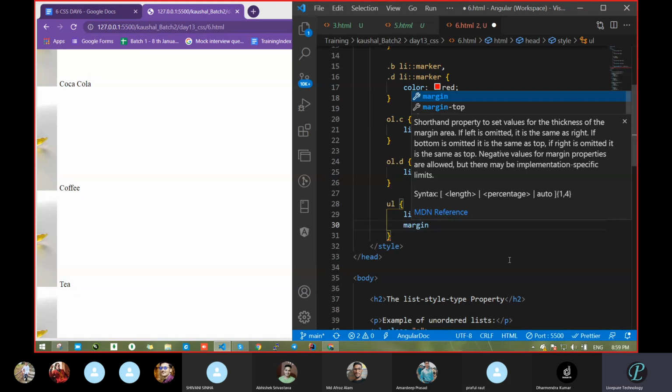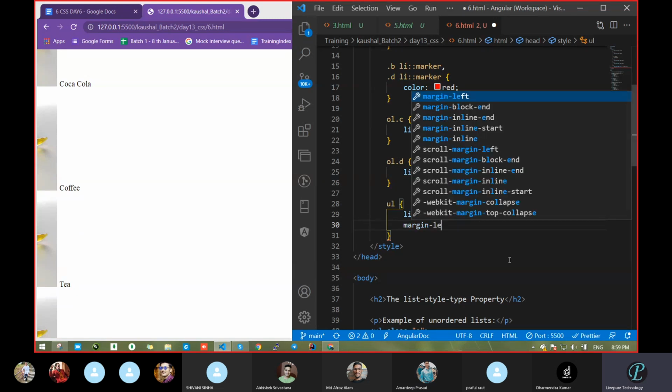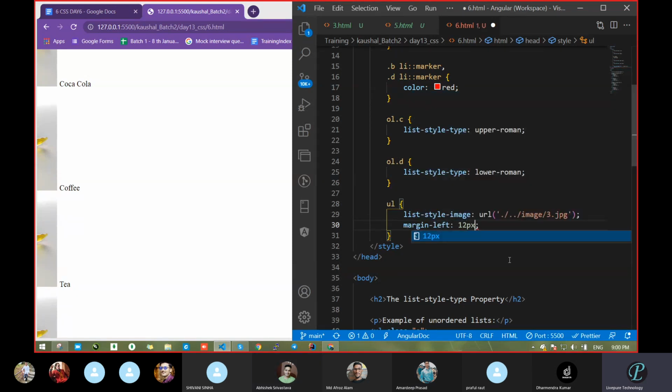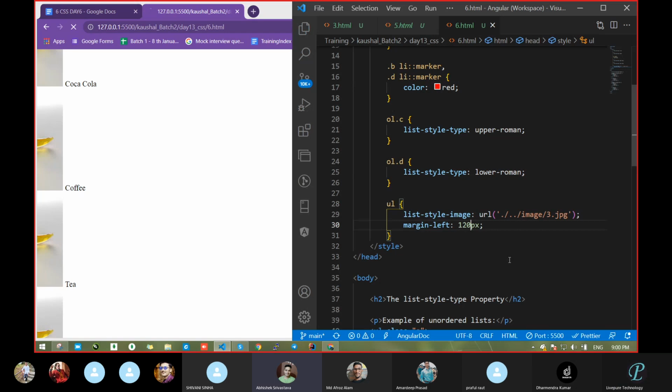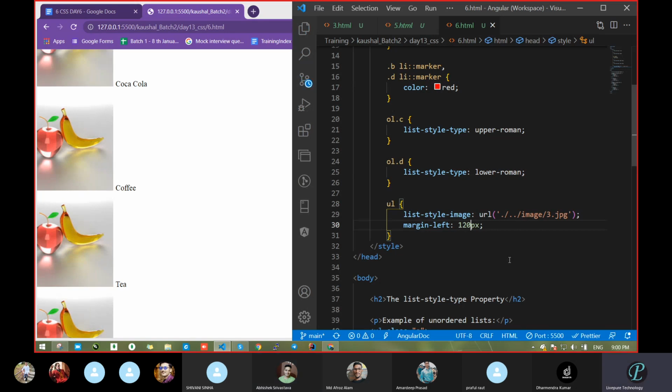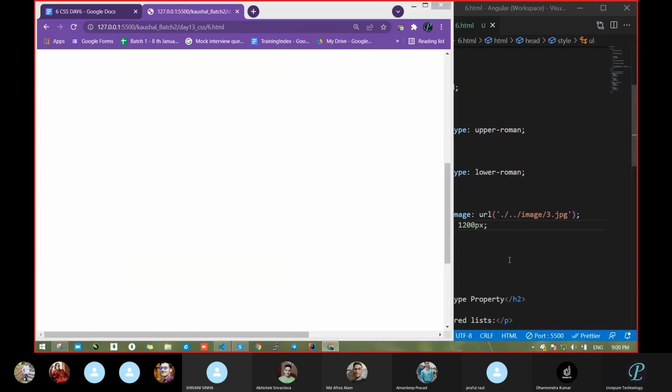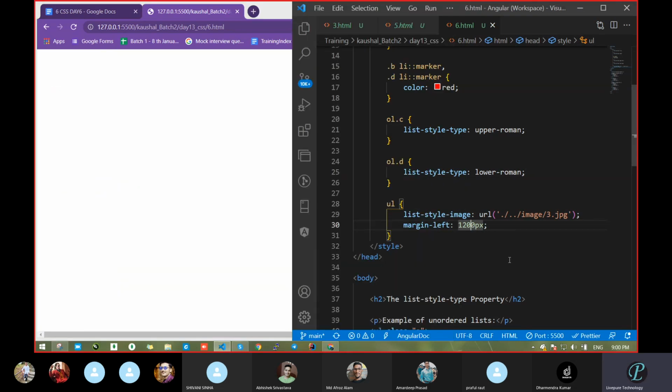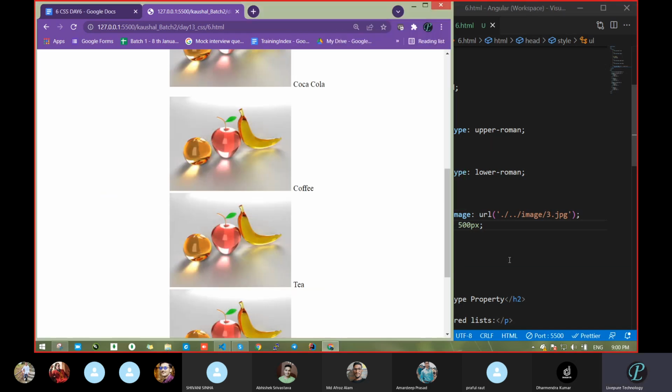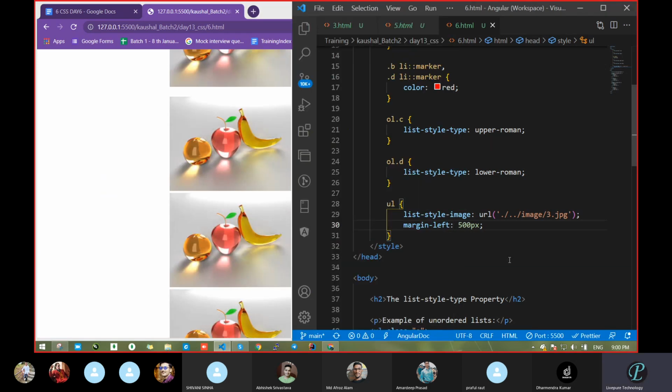Margin, margin-left. Take 12 pixels. Let's save. It wants more. Okay, we got this. Go 1200. Let's see. Oh my God, it crossed the boundary itself. 500. Okay, so we had set the image also.